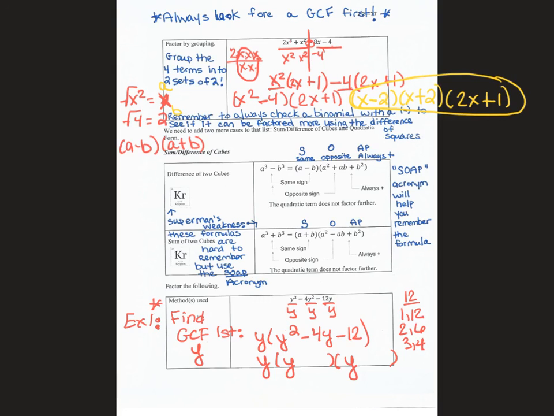We did that on the first page. And now I'm looking for something that will add or subtract in some way to give me negative 4. Which one of these, 1, 12, 2, 6, 3, 4, do you think will add or subtract in some way to give us negative 4? Good. I'm glad that you decided it was 2 and 6. So I need a positive 2 and a negative 6. So y plus 2, y minus 6. And I can go back and check using the FOIL or